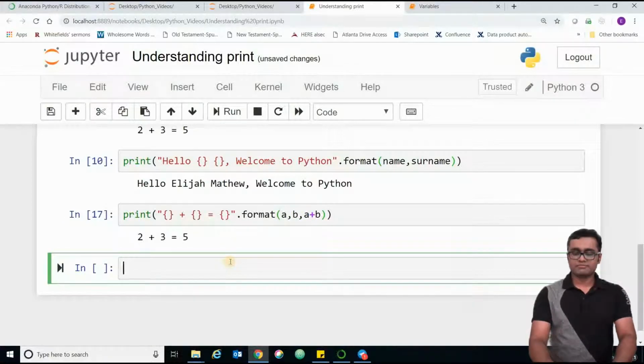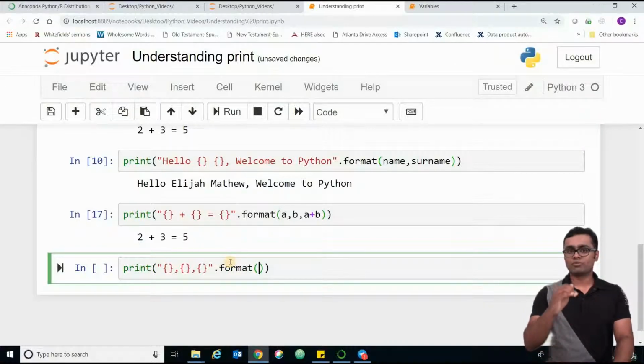Sometimes you might want to print something like this. Let's say I want to print a number, an integer number. Then I want to print something that is a float number, and I want to print a string. All of them can be done by using dot format. So now I want to print